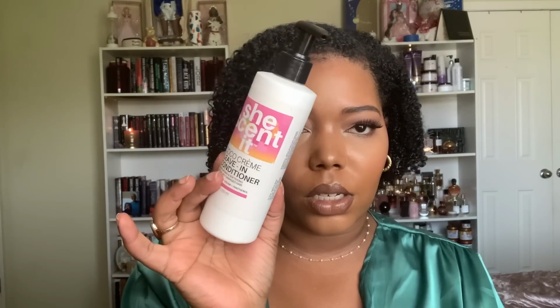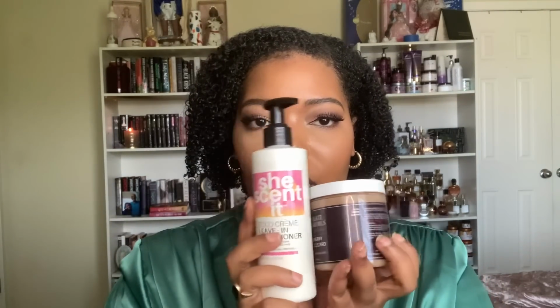I'm almost out of this, so I'll probably finish this up with this product because they mix very, very well together. I would suggest getting a lightweight leave-in conditioner, not something too heavy, but something that's going to give you nice moisture while also being a little bit more lightweight. That's what I would suggest using with this product. This is so good, y'all. Like, these products,